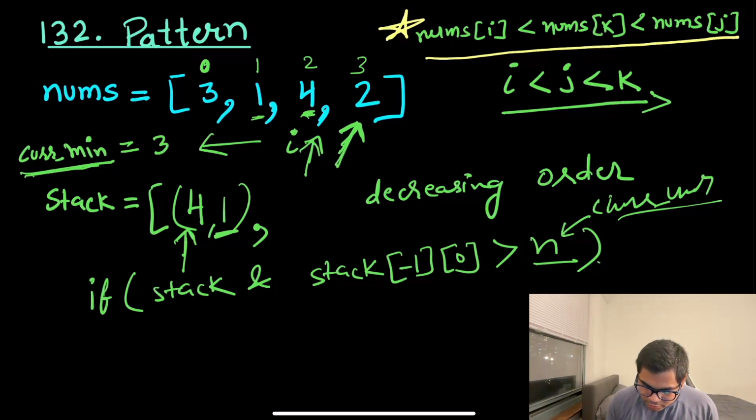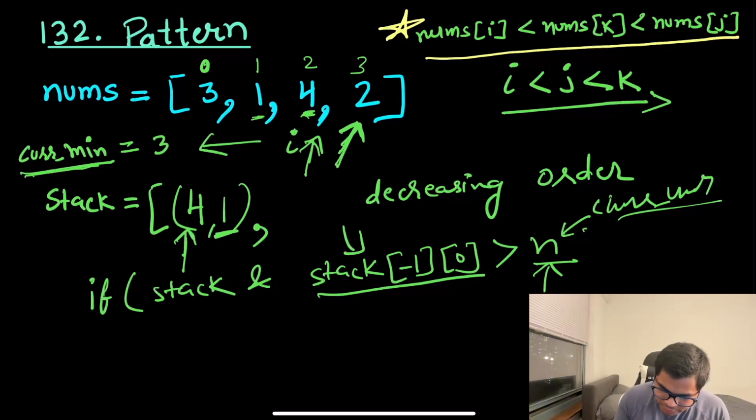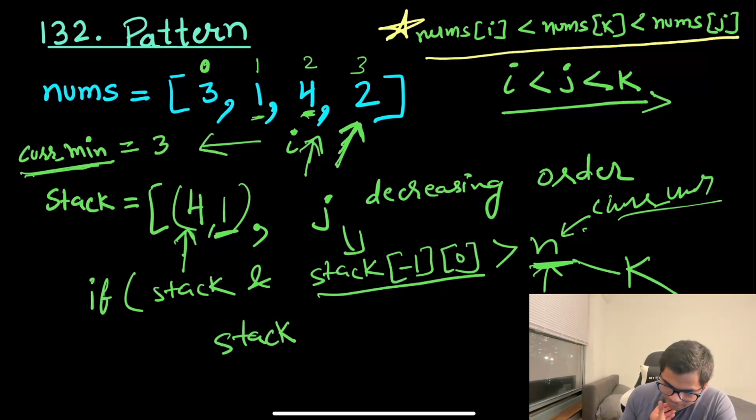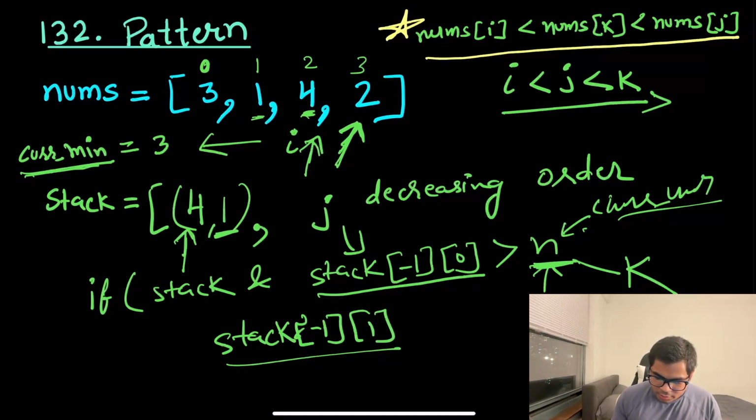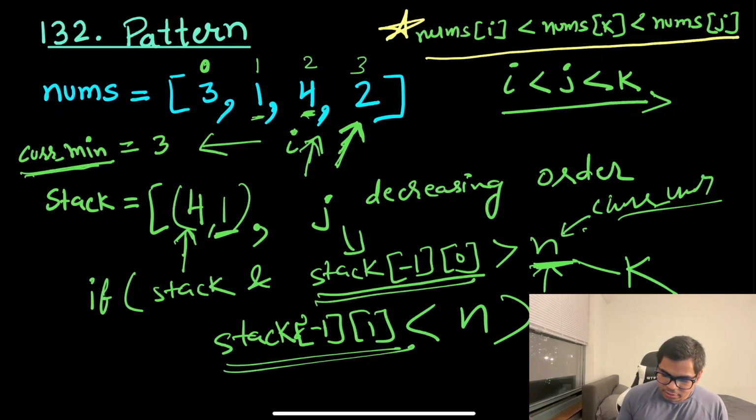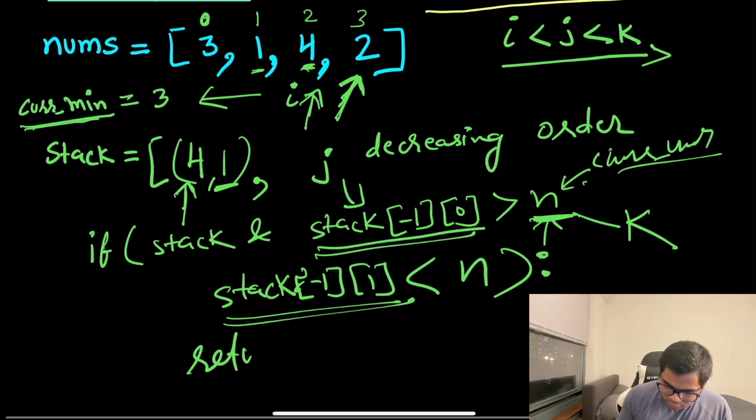There is also one more thing that we have to check: the current number is smaller than the top of the stack. This represents j, so its value is greater than my current number, which is k. And let's check for i. The current minimum, which we will access by stack top at first index, has to be smaller than k. What is k here? This n. So if these 3 conditions pass, that means we have just found the 1 3 2 pattern